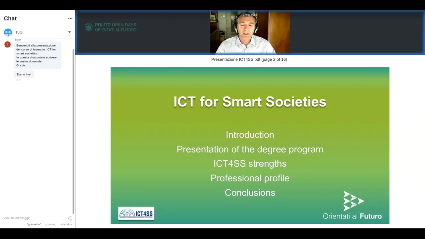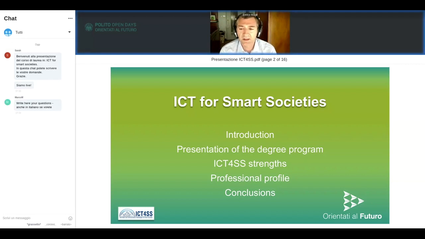Okay, so this is the outline of my presentation. I will say a few words about this degree program because this is a new degree program of the Politecnico. I will give a presentation about what we do, what's the teaching approach in this degree program, focusing especially on what's particularly characterizing of this degree program with respect to other degree programs in ICT, like electronics engineering or computer engineering. I will describe the professional profile that we form in this degree program, and then we'll end with some